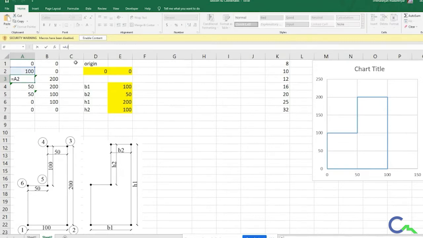If I come to the third node, it is the same as the previous one, we related a previous value, there is no need to change. If I come to the fourth node, what will happen? That is the previous value, that is the third node minus the b2 value. Our b2 value is available here. I will click on that cell. Previously I gave 50 directly, but here I will relate that cell. So if I change that to 25, automatically it is going to change here. So I will relate here, then I will click enter.